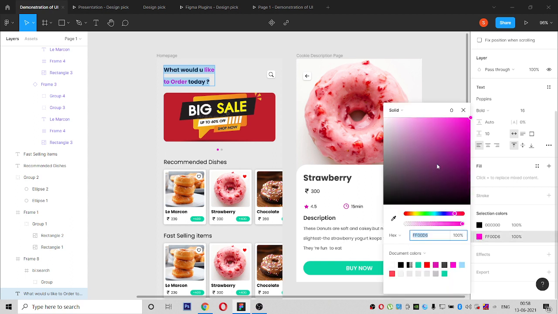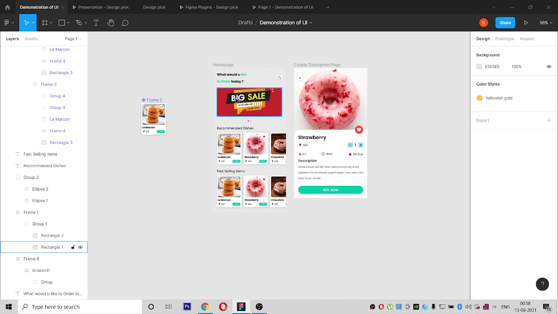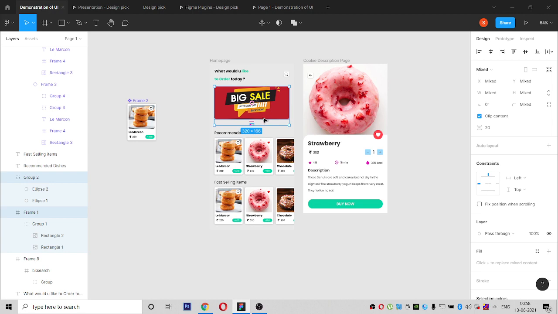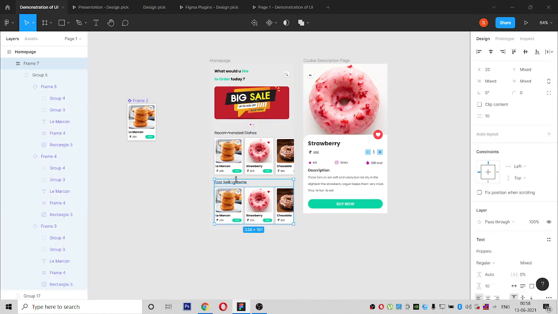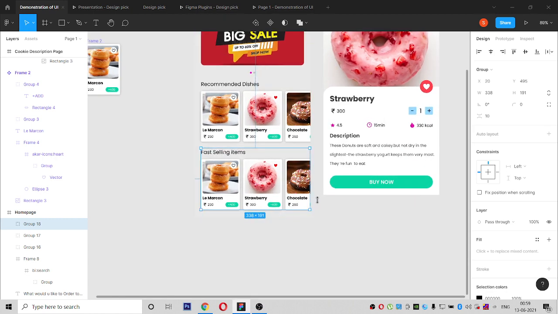We can change this pink to this color. So now it's looking good. We have to group the things properly.